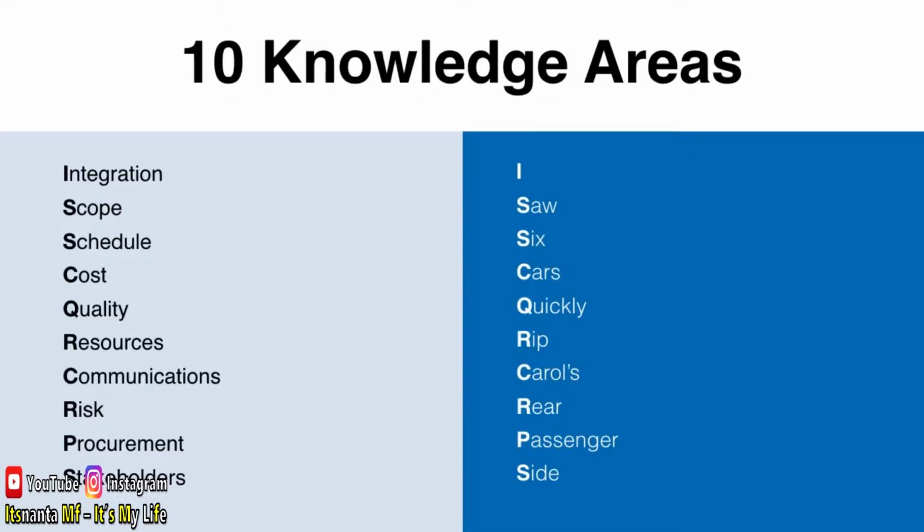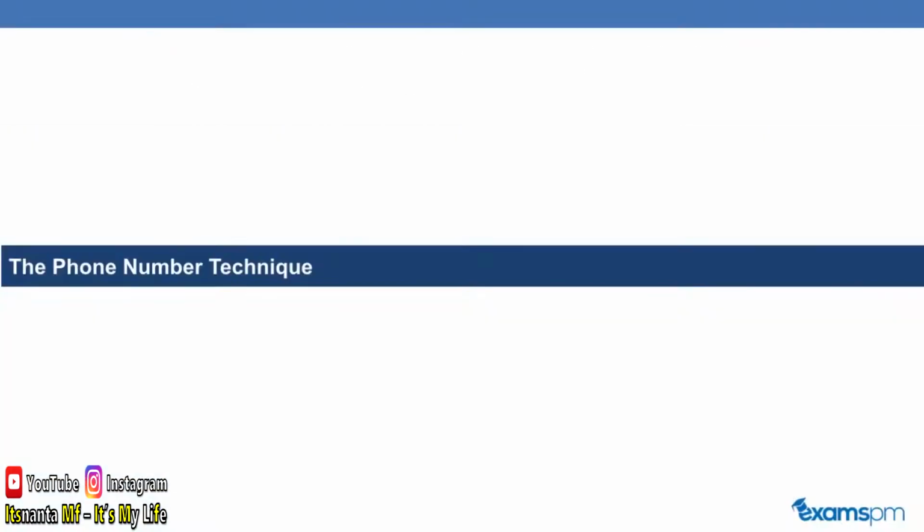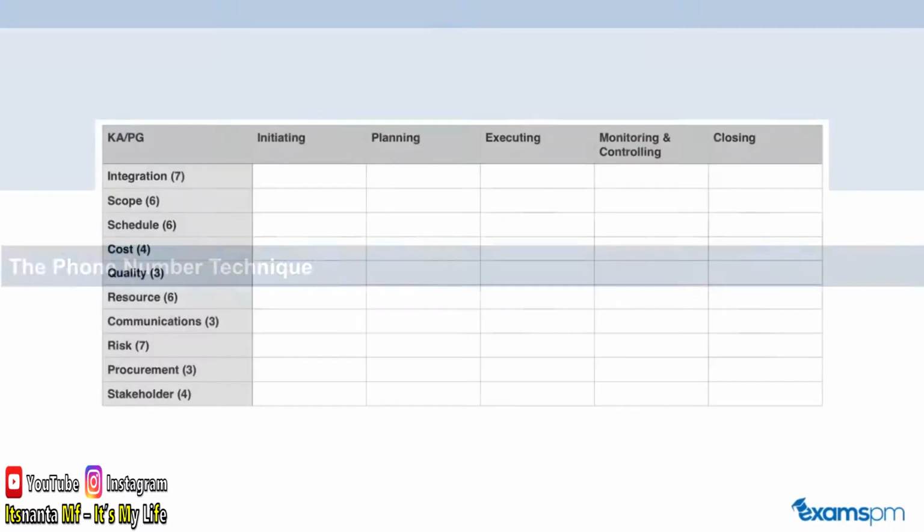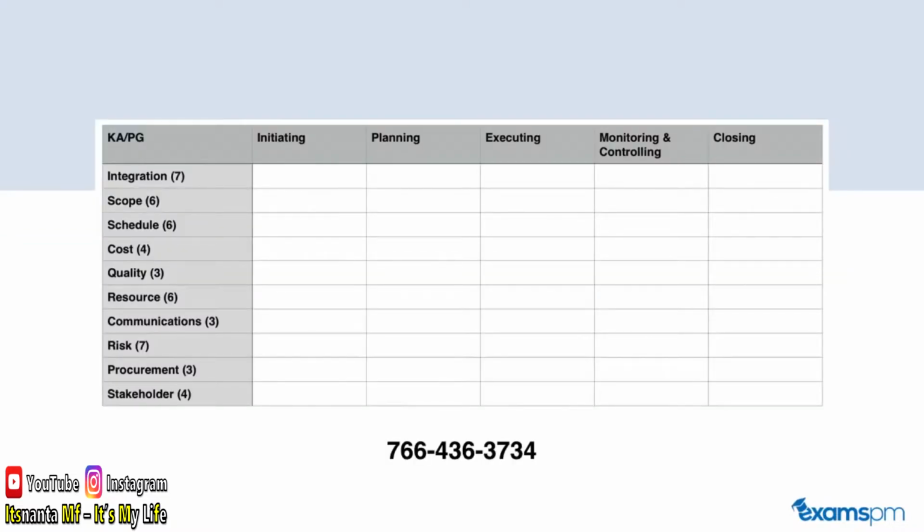Now that we know our knowledge areas and our process groups, we're now ready to move on to our processes. Now, to memorize the processes, I want to introduce you to something called the phone number technique. So the phone number technique states that you can write out the number of processes in each of the knowledge areas, and it kind of spells out a phone number. So for example, there are 7 processes in integration, 6 processes in scope, 6 processes in schedule, etc., etc. And the phone number that you get in the end is 766 436